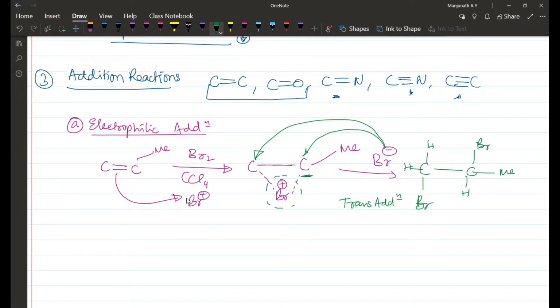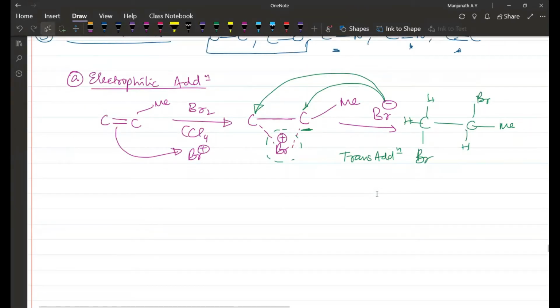Okay, this can actually give rise to stereoisomers also, if the molecule is optically active or if it can form an optically active compound. So you should know this. If the alkene which I am taking is cis, and obviously the addition taking place is trans or anti addition, then the product we get is a racemic mixture. Why do we get a racemic mixture? Because of the nature of attack.